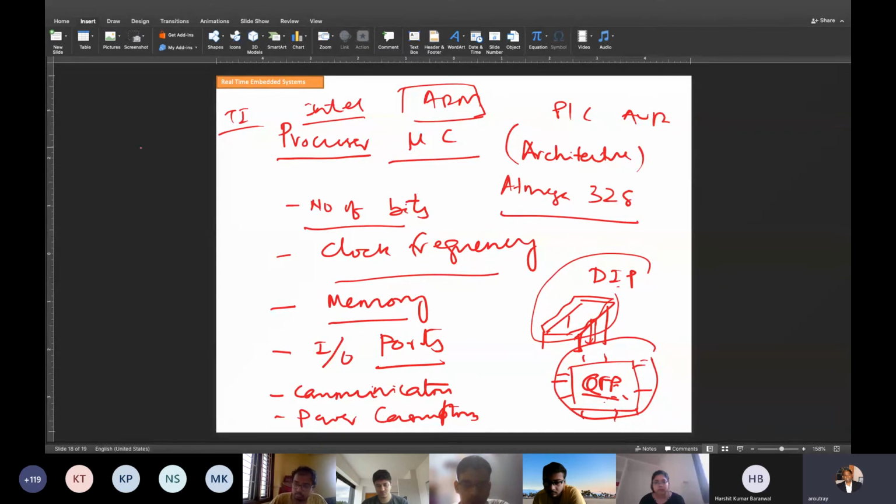Can we count the analog digital converters in the specification of a microcontroller? Yeah, that is also on board. You are right, very right. So most of the time ADC will be a part of the microcontroller. So ADC and microcontroller can be counted together. DAC, sometimes DAC is also there.